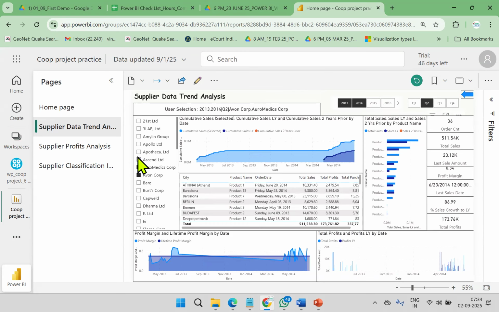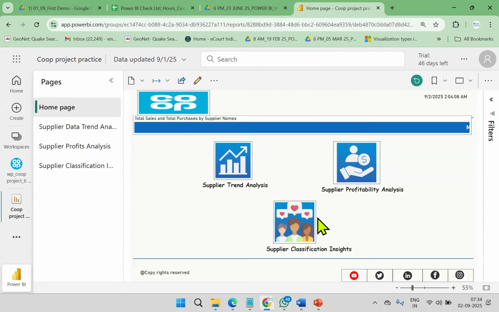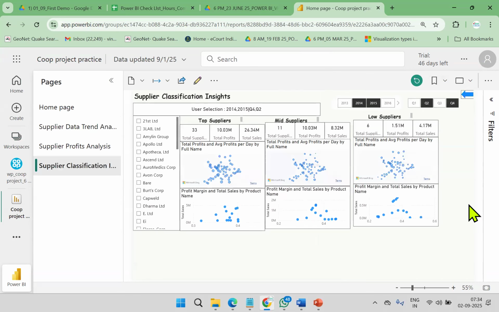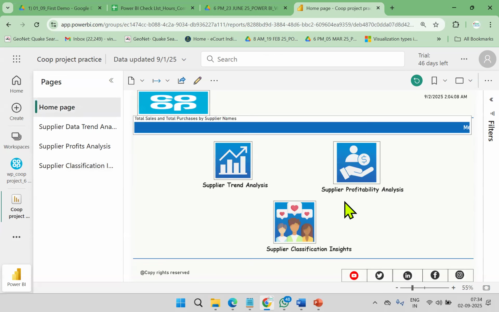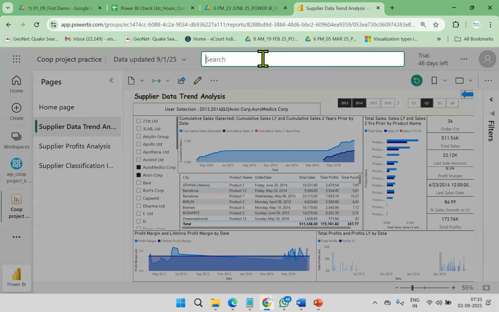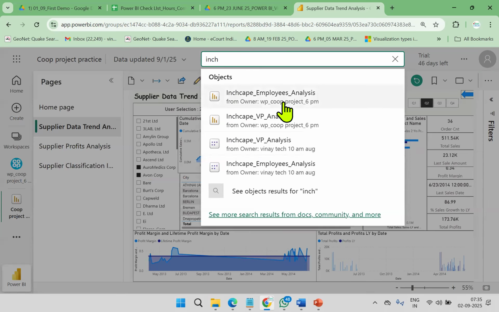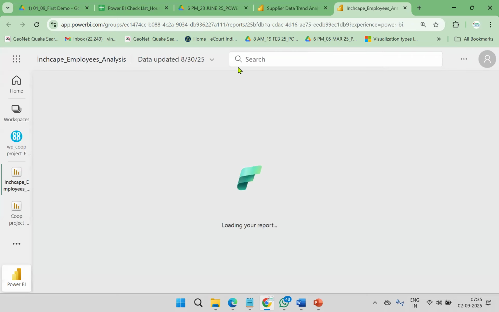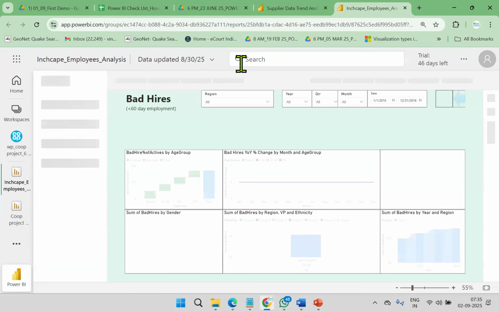And different types of analysis. And working back, centralized dashboards. Like this, 2, 3 you will create complex reports and dashboards with examples. But throughout the classroom, we have many reports. Don't worry. Even we have Inchcape. I don't know, did I mention one more project? Yeah, take Inchcape analysis. This is one more project.